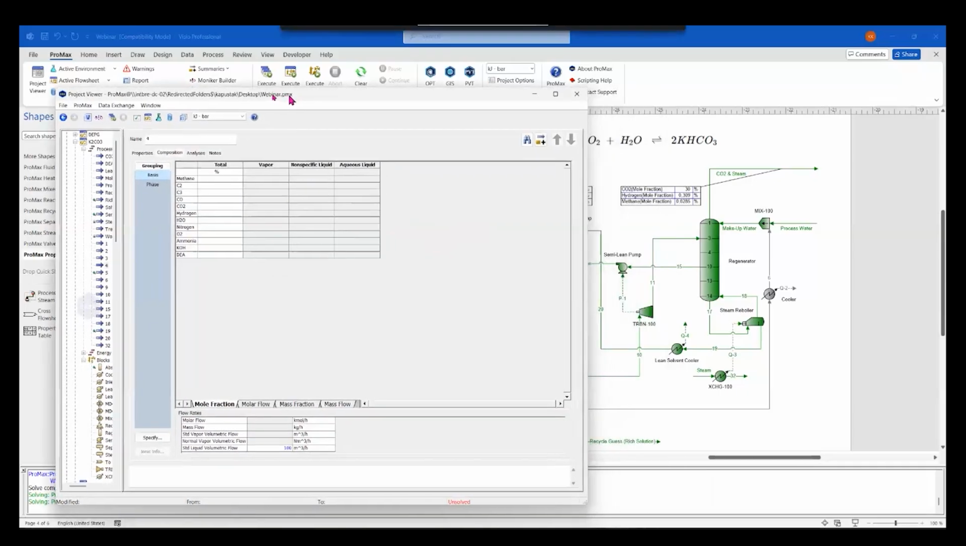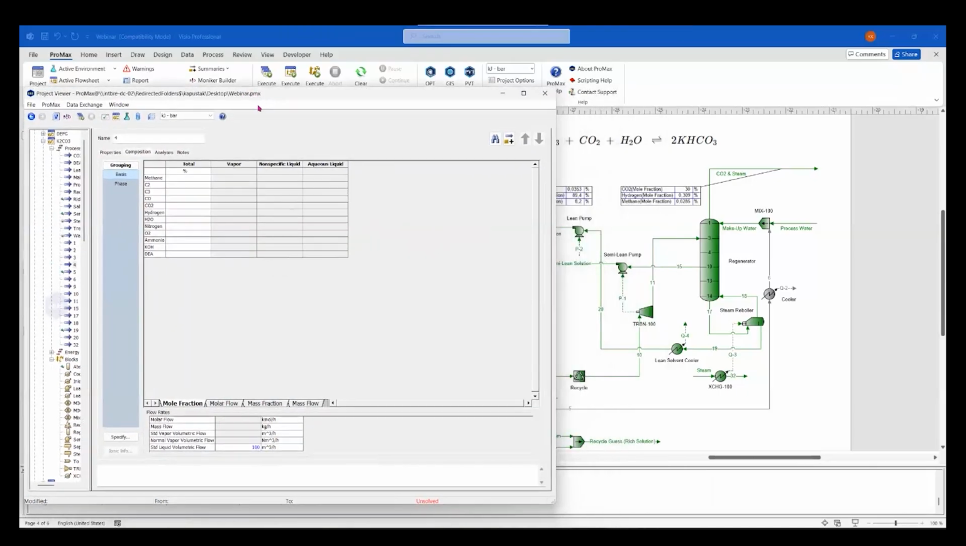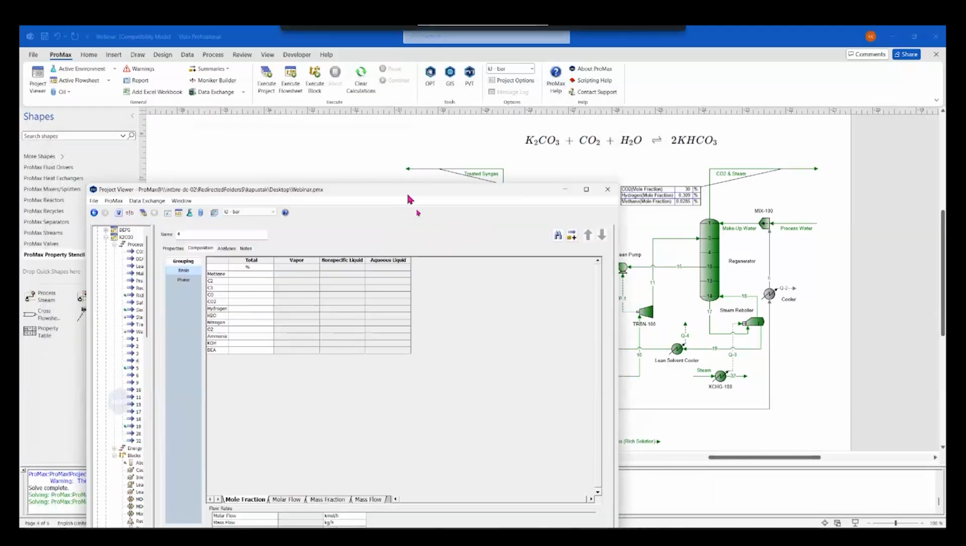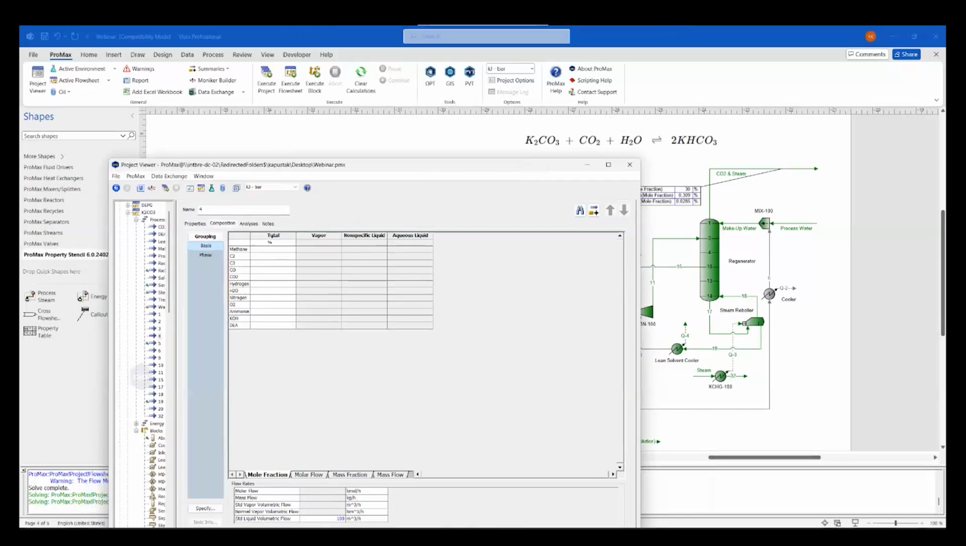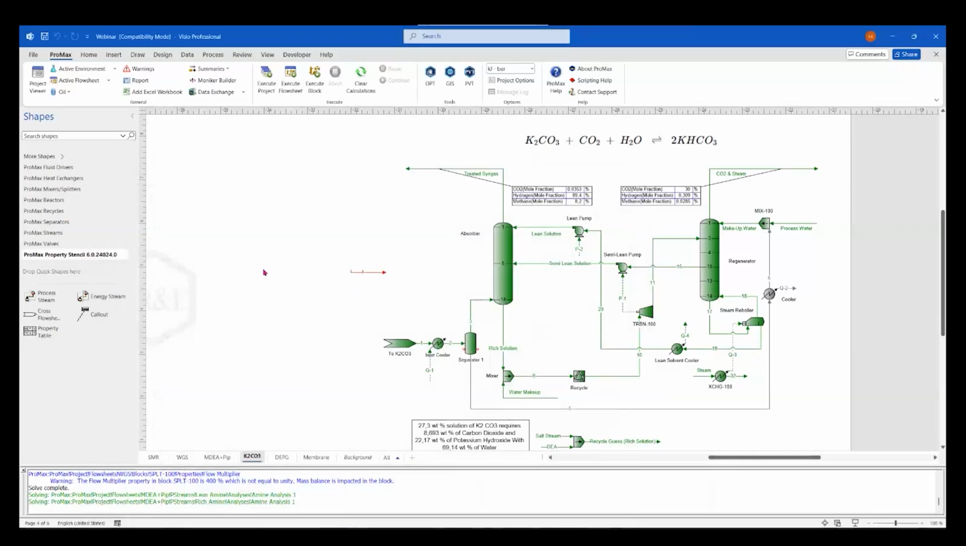And I want to have 27.3 weight percent of potassium carbonate in here. How to specify it? I don't have potassium carbonate there, and I don't know how to specify it. So for this, I'm going to close the window. For this, you can go to